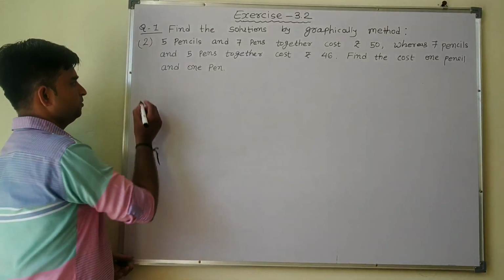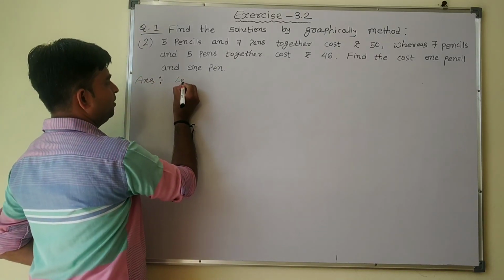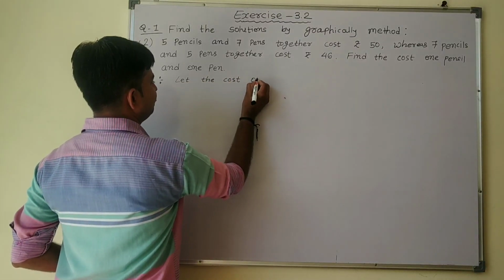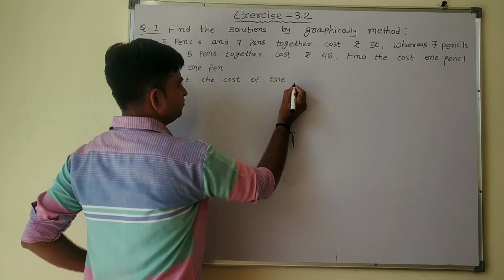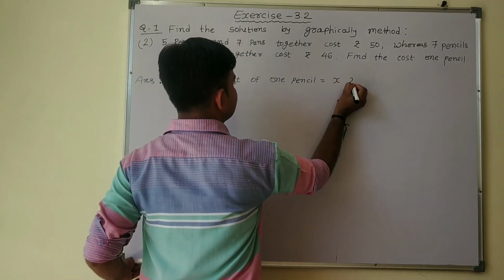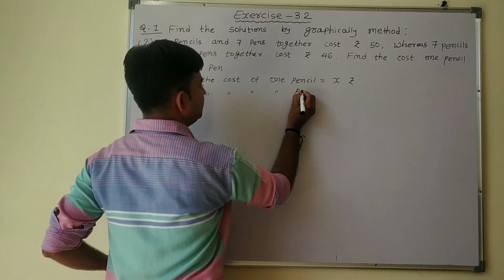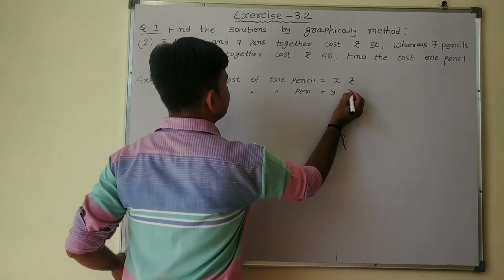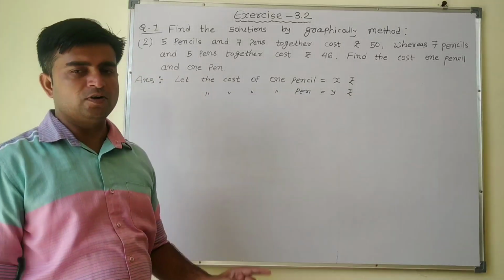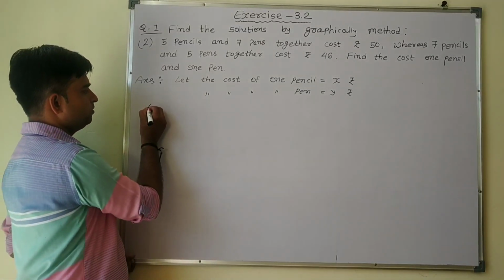So let me suppose, first of all, let the cost of 1 pencil is equal to x rupees, and then the cost of 1 pen is equal to y rupees. So here we suppose the cost of 1 pen equal to y rupees and the cost of 1 pencil equal to x rupees. Now according to the question,